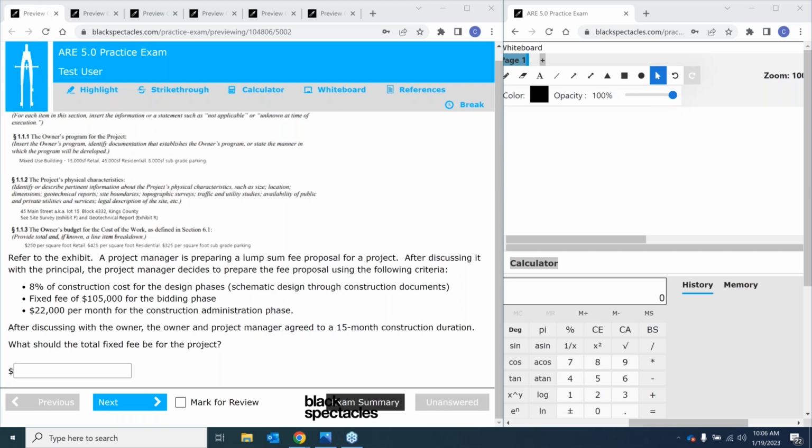Fixed fee of $105,000 for the bidding phase and $22,000 per month for the CA phase. After discussing with the owner, the project manager agrees to a 15-month construction duration. What should the total fixed fee be for the project? So what I'm going to do right off the bat, now that I know what I'm looking for,